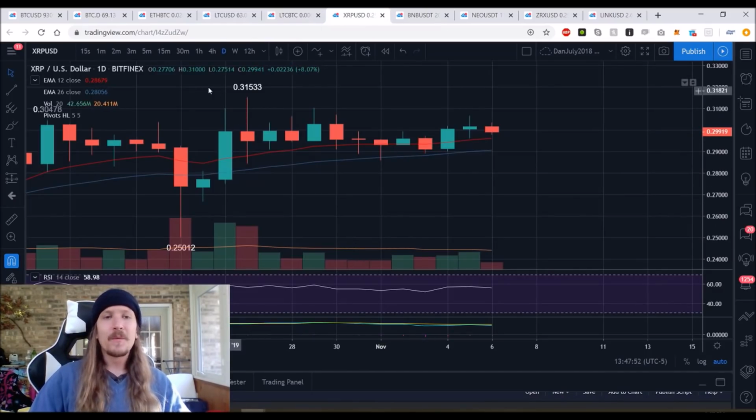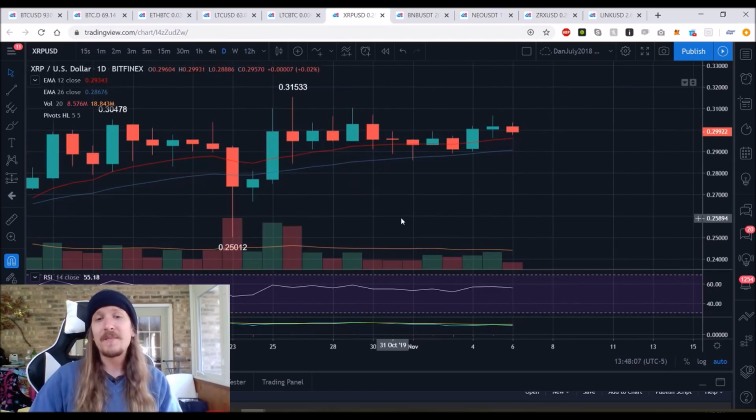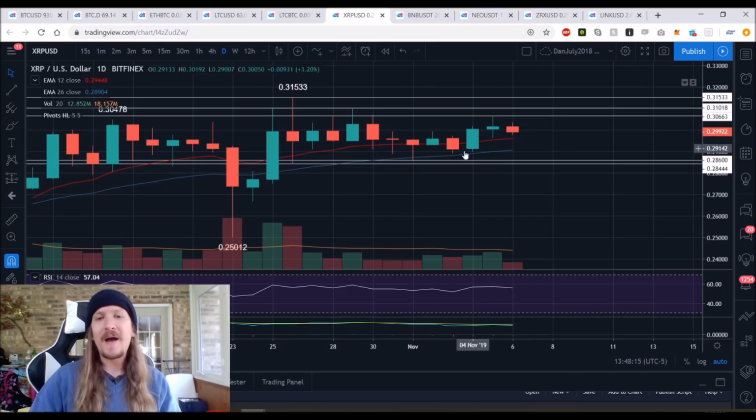XRP USD. We were watching the 12-hour time frame here, which was an equilibrium, and you could say we broke resistances, absolutely, but our most clear resistances, 3.15 and 3.1, we formed a lower high compared to those levels. So I like to see the daily time frame as a little bit more clarity because I've got the high, low of that same candle, lower high, higher low, lower high, and if we pull back, we have a couple supports, 2.89